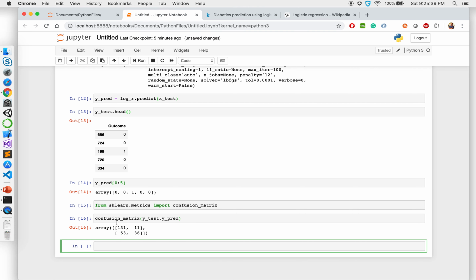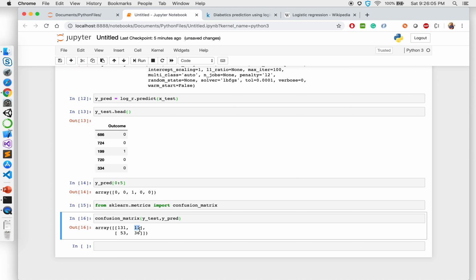So in here, if you see, the values are 131, 11, 53, 36. What does this mean? The first number on the top is the number of correct predictions for 1. So what was observed in y test and what was in y pred. There were 131 values which reflected exactly the same, which were predicted right for the y test. What is 11? This is observed as 1 but predicted as 0.